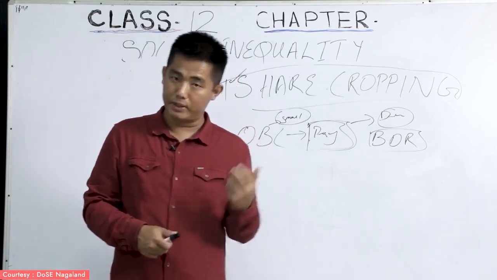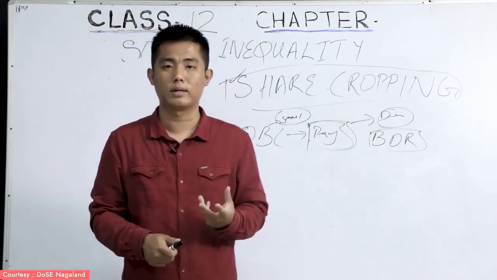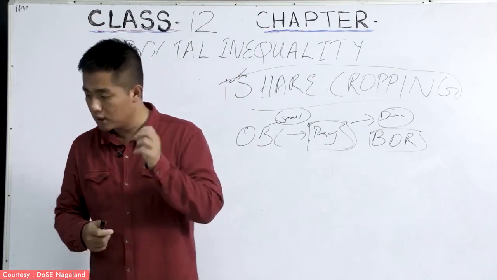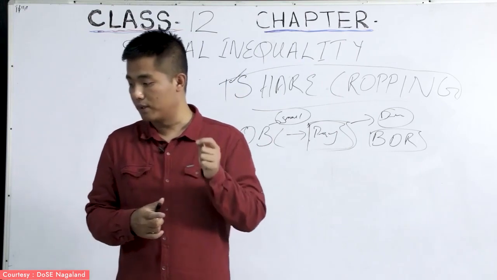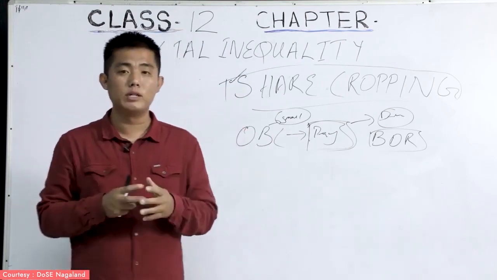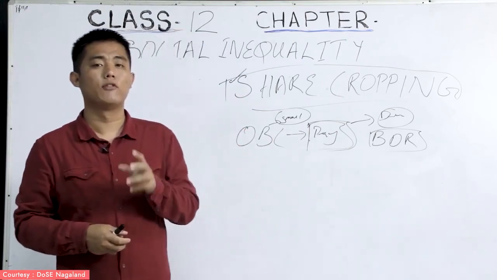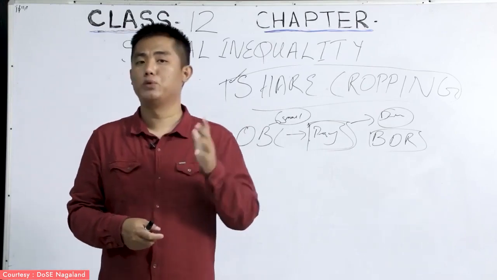The next is indebtedness, which means you ask some money or you ask something from a person and you're not able to pay it back. Indebtedness. Now, this was very much there among the oppressed group of people. And this is something which we can see among the OBCs. And this was very difficult for them. It was a very hard situation for them.